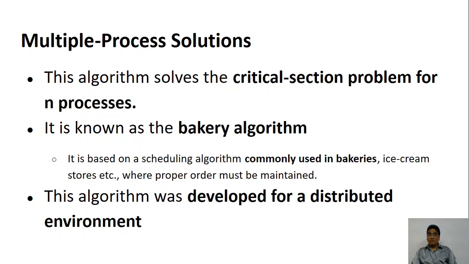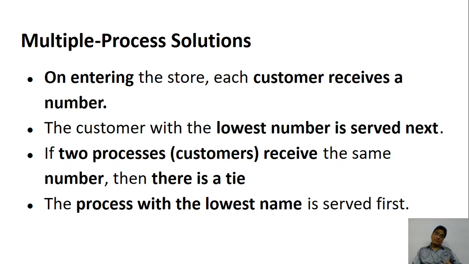So the problem is solved. This same idea is being used in the bakery algorithm, and it is meant for the distributed environment. However, it can be used for single systems. Okay. So what happens is whenever a customer enters, you know very well, if you go to a bank nowadays and say I want to deposit, what they will say is get a token first. If you don't know, they will help you to get a token. So you enter first. When a process enters, it receives a token. And whoever has the lowest number in the token will be served.